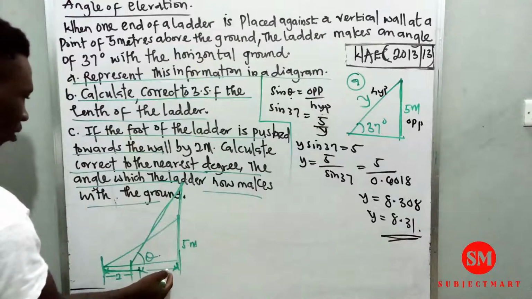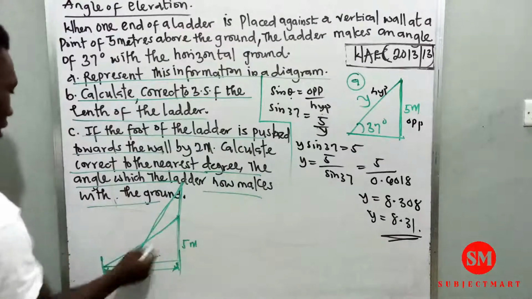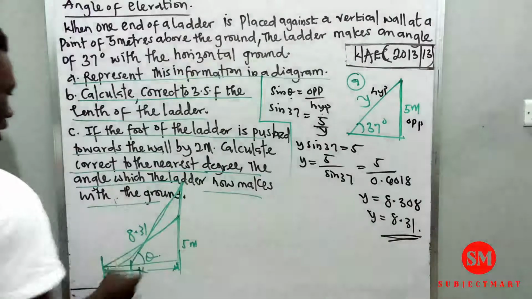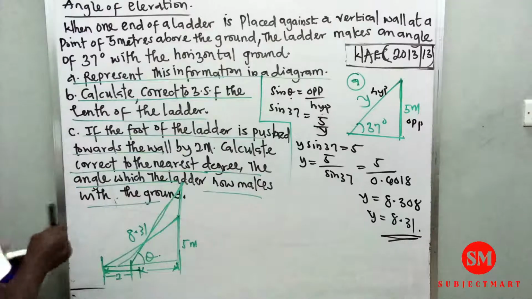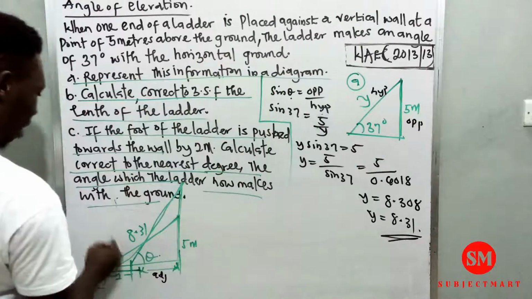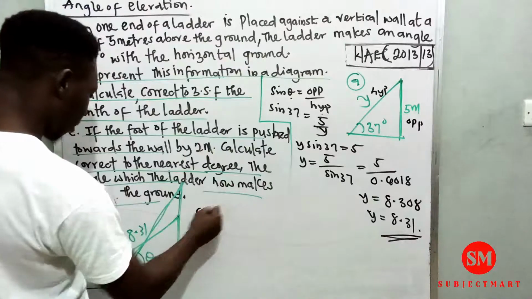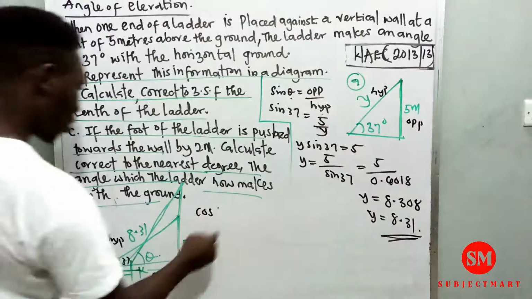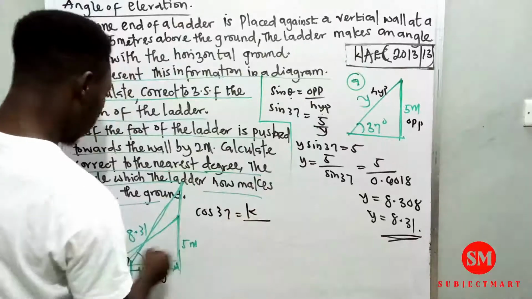Now look at this relation. Look at this. We have here as k. Now we have our y, from this to be 8.31. So let's find our value of k. Looking for our value of k, what is the relation? We have here as adjacent, and here as hypotenuse. That is cos. So cos what? What is the former angle here? The former angle here is 37. So cos 37 is equal to k over